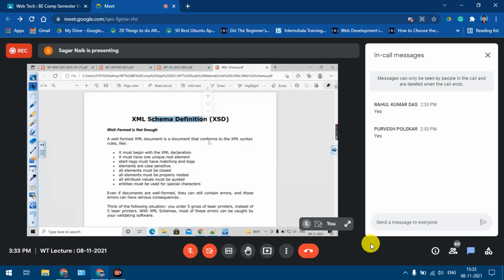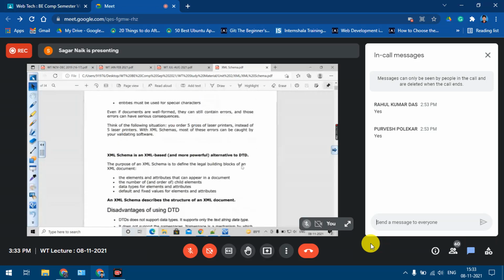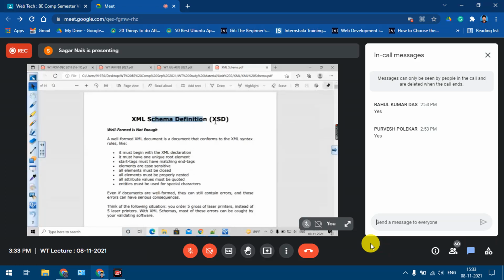But there are some differences between DTD and XSD. There are some things which your DTD cannot do. Some limitations of DTD are handled in schema definition. Understood? So that's what we are going to learn in this concept. And in comparison to DTD, in XSD we will have a lot of things to be covered.